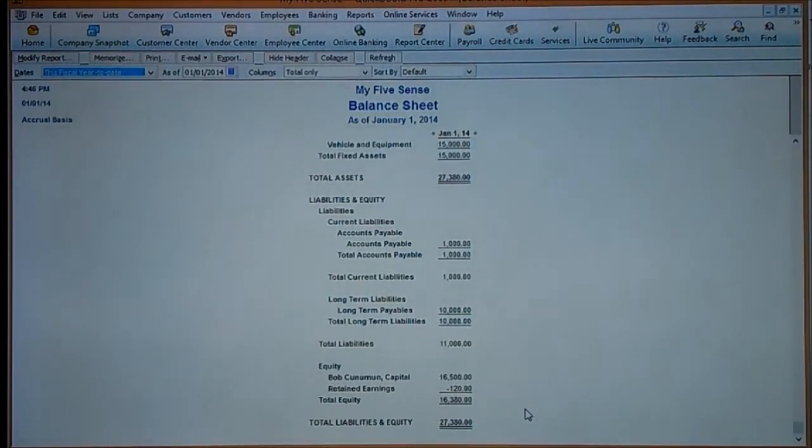Look at this equity section. This is exactly how it should be. Okay, you get $16,500 in equity in capital, and remember, retained earnings is an accumulation of net income or net loss over the years. This very first net loss gets recorded. Total equity at Bob Kunamuna, updated capital as of December 31st or January 1st, 2014,